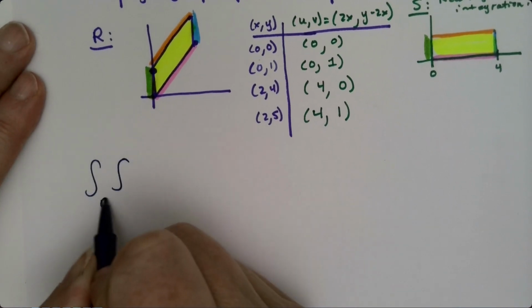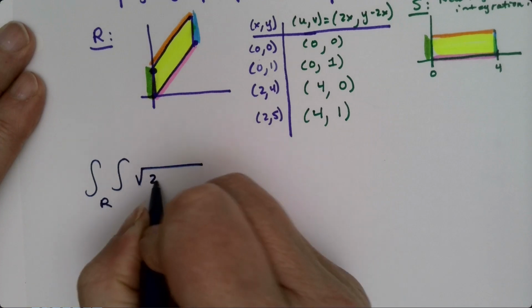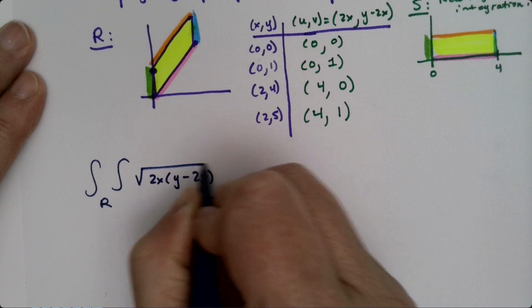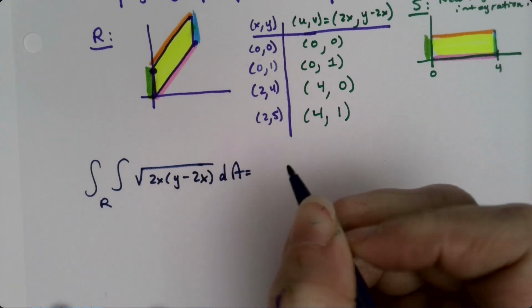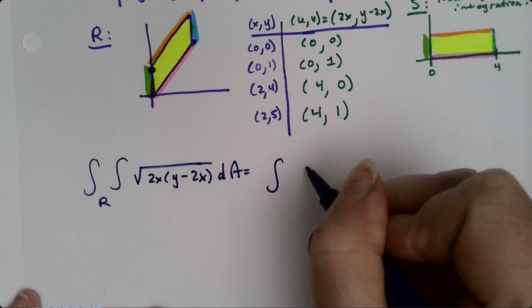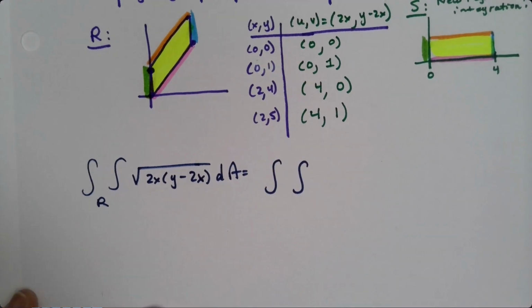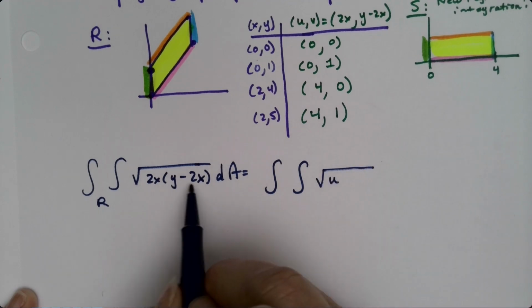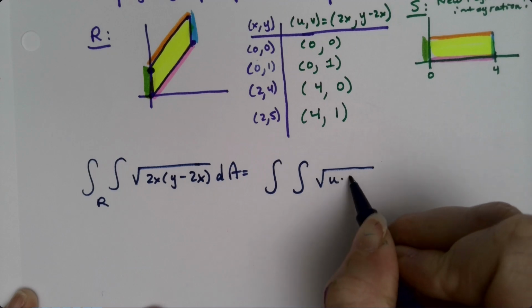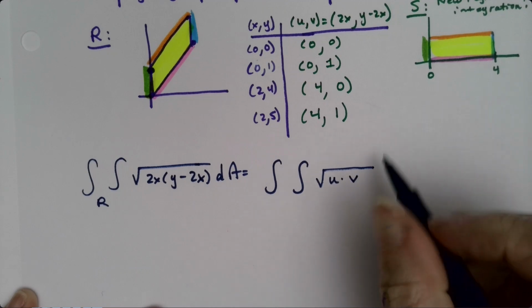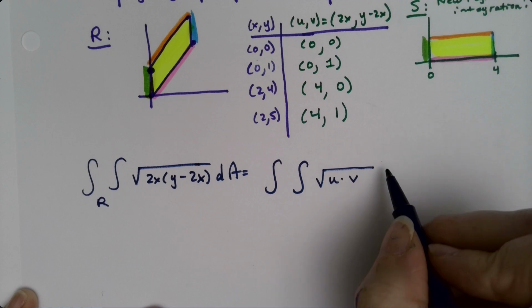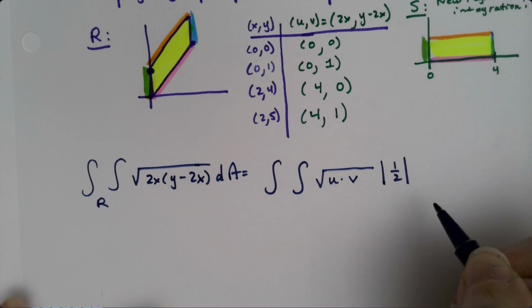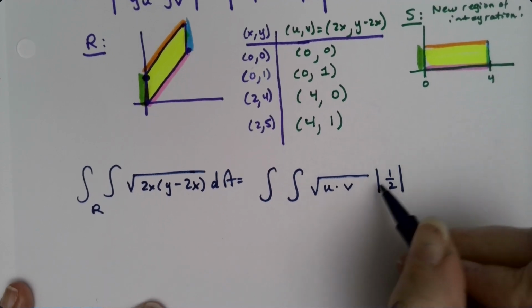That original integral over R of the square root of 2x times y minus 2x dA becomes the square root, that was u, this is v, so the square root of u times v, and then we have to put our Jacobian in, so absolute value of the Jacobian actually, so it's a half, right? I should have mentioned that. So absolute value of a half,